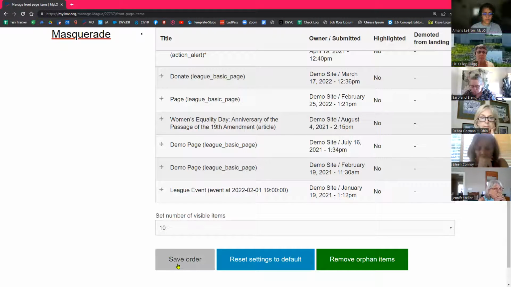Regardless, you do need to save the order. And when you do that, the usual chronological order that MyLO will use is ignored until you reset those settings to default. So that just allows you to continue customizing how you want the order to be. And it also allows you to customize, I'll show you once we save the order, the ability to highlight